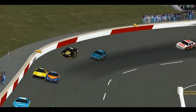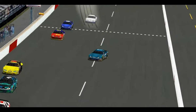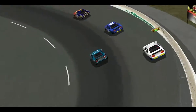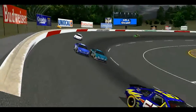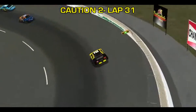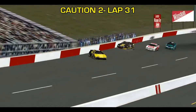Jason Kruger encounters more problems as James West gets into the wall coming off of turn 4, and Kruger has nowhere to go but into the side of the 69 car. He goes for a slide down the front stretch, but he gets going again, but not before losing several positions. Caution 2 came out on lap 31 as Makoto Yamada gets into the wall coming off of turn 2 and